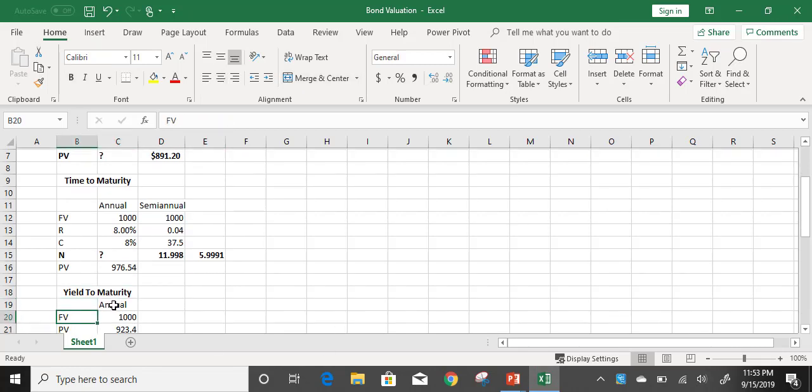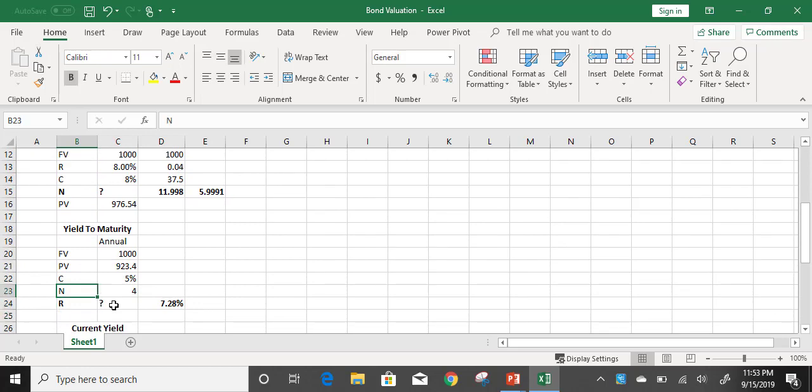This yield to maturity is the rate in Excel. We have got the input for all the data, and since they are expressed annually, we do not have to convert it into semi-annual or quarterly, because coupon payment is expressed as yearly payment. And also the number of years, we have the 4 years maturity of the bond. And now we use the function called rate, which is